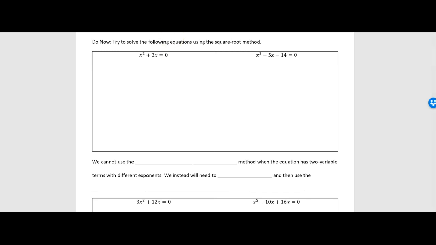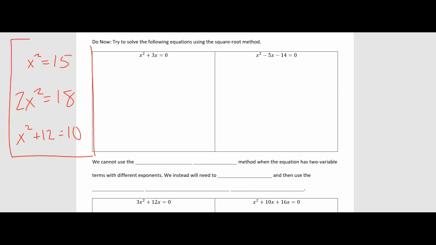Okay, so something we should notice right off the bat is that these equations look different than the ones from our previous lesson. Right? In our previous lesson, we had equations like x squared is equal to 15. We may have had x squared or 2x squared is equal to 18. Maybe x squared plus 12 is equal to 10. All of these have something in common that these two equations do not. And that is that they all have just an x squared. They do not have an x term. In these equations,